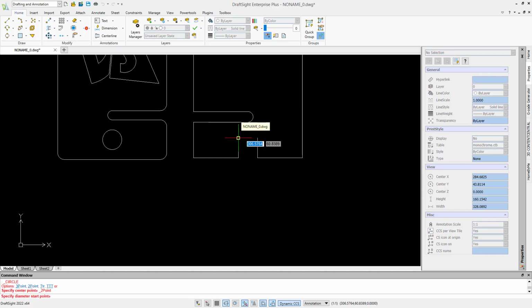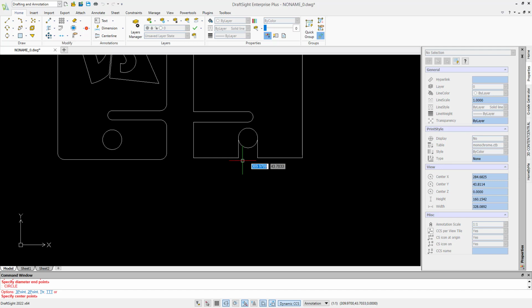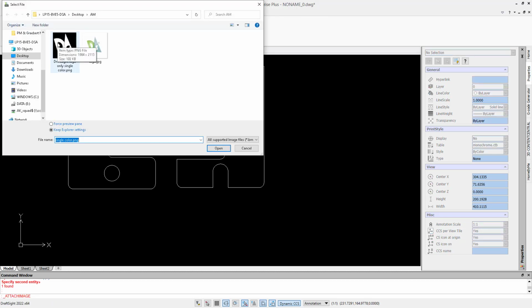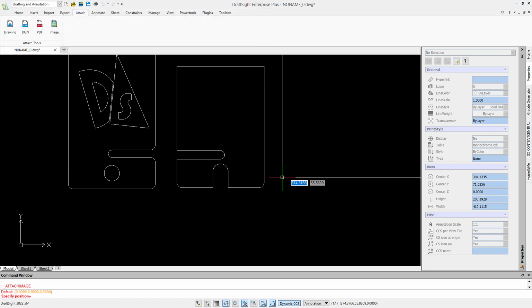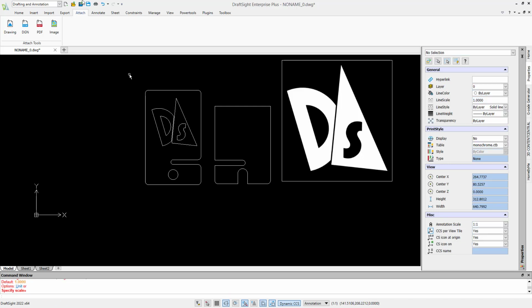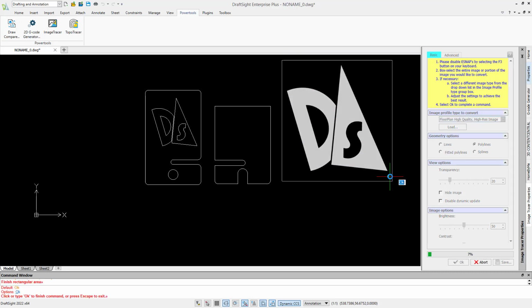I then want to create an arch between the two vertical parallel lines, so I decide to select the Circle command with two endpoints. Then I want to attach the DraftSight logo as seen in the left rectangle. I go up to Attach, I click on Image, I select the DraftSight logo I want from my files, I open it. Then I want to image trace this logo, so I select Power Tools, select Image Tracer, highlight the logo,